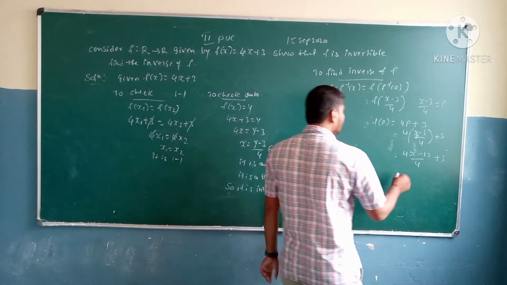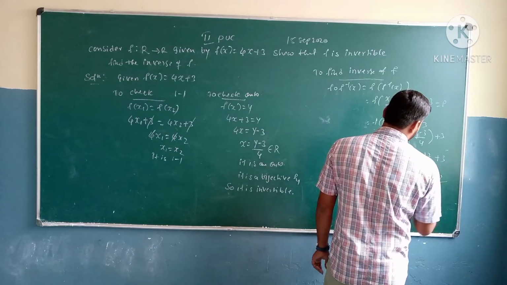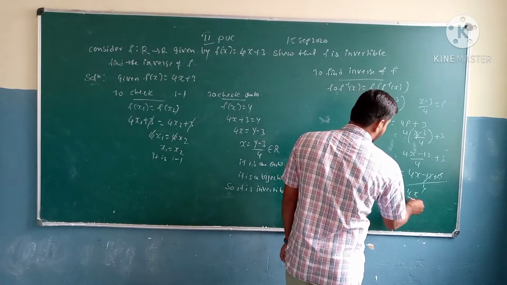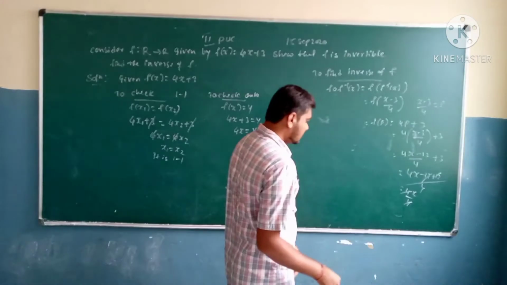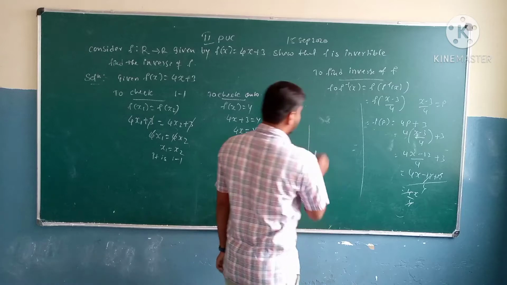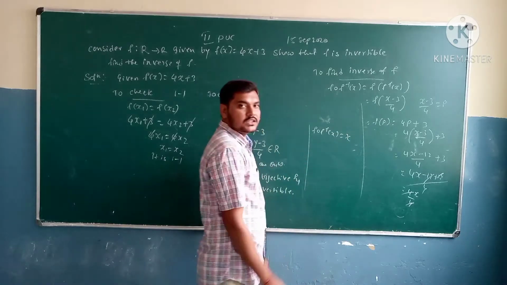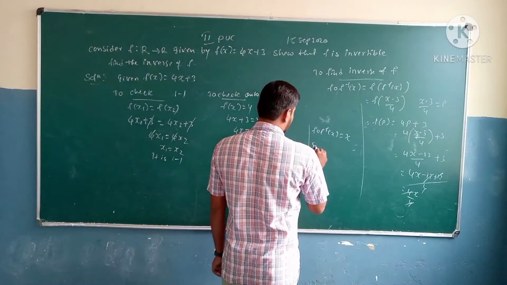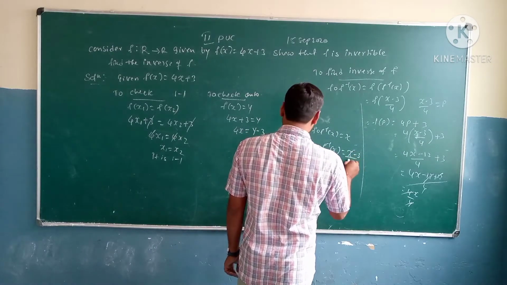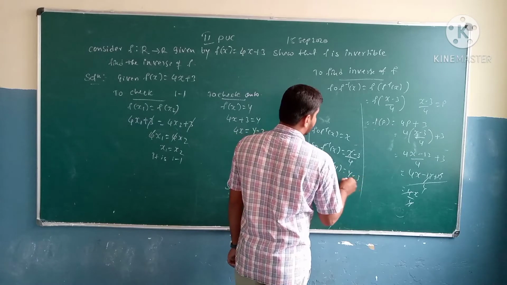So I am taking LCM here, that's going to be 4x minus 12 plus 12 divided by 4, and minus 12 and plus 12 are going to be cancelled. The remaining thing is 4x divided by 4, and 4 is also going to be cancelled. The remaining thing is f of f inverse of x is the given x, x itself. So hence it is an invertible function. So f inverse of x is equal to this one, x minus 3 divided by 4, or f inverse of y is the given y minus 3 divided by 4.